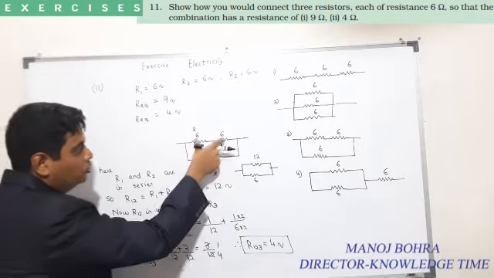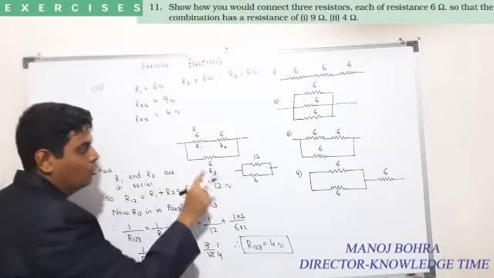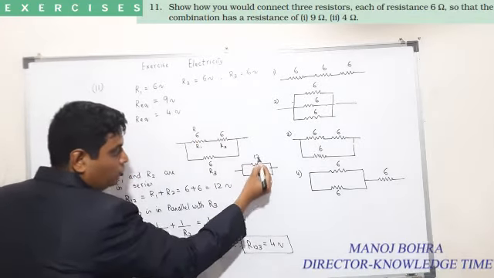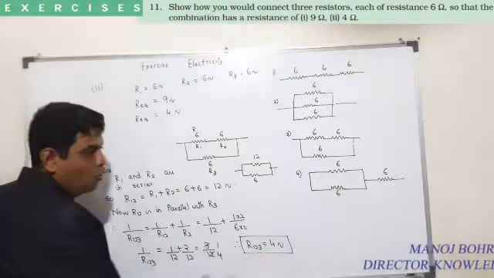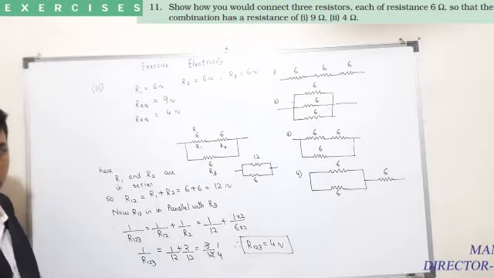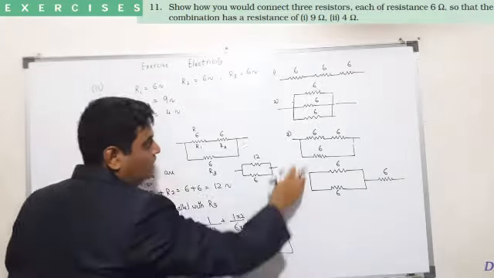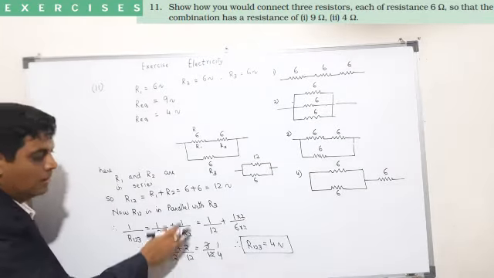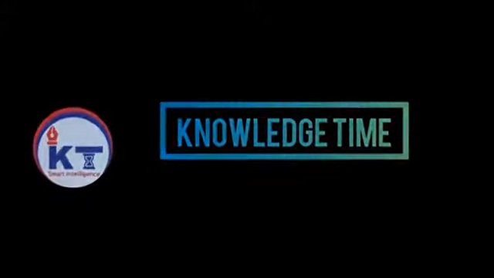Correct? So see, these two resistors, when they are connected in series, their resistance becomes 12 ohms. If I remove these two, the diagram will be of this form. This 12 and this 6 are in parallel, so their equivalent will be 4 ohms. So when I calculate this way, I get R123 is 4 ohms. So this is the final answer. Always remember, when there are 3 resistors, you will have these combinations. Remember them and you will get the answers. Please note down this sum.